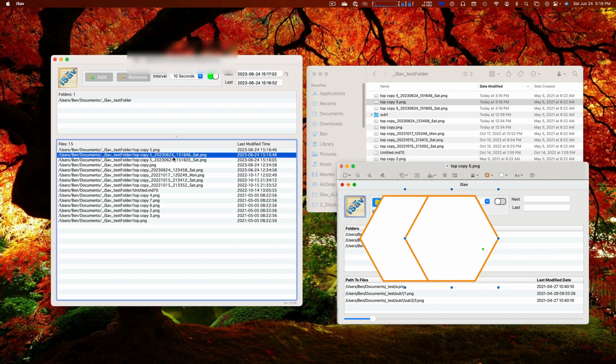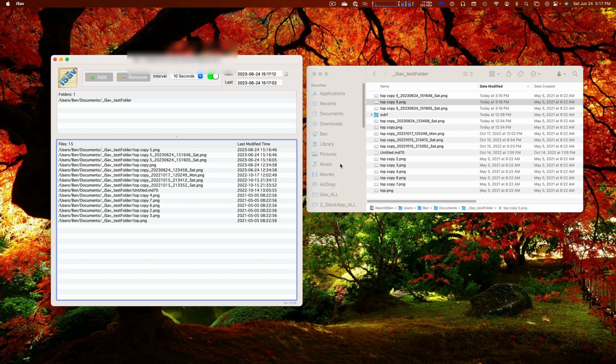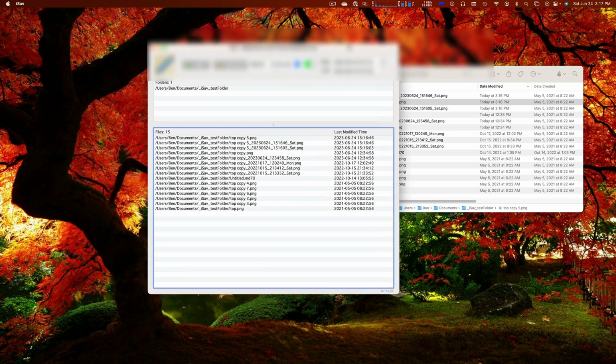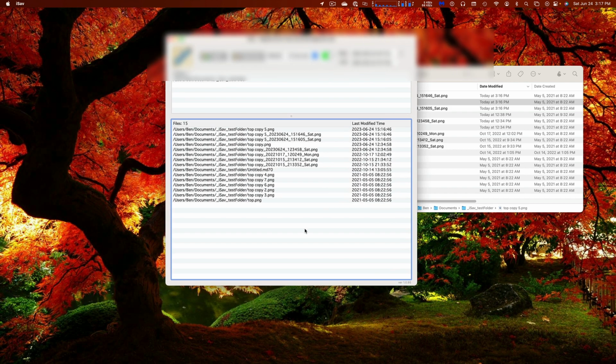So now we have multiple copies. This, for me, has been a lifesaver, especially when coding. I've gone down paths numerous times and have been hours into a project and then realized, oh wow, I really should have started a different path, a different branch. And with this, I can easily go back to a time, say 8 in the morning or 9 in the morning. And if it's 10 or 12 at night, or even the next day, you can go back in time